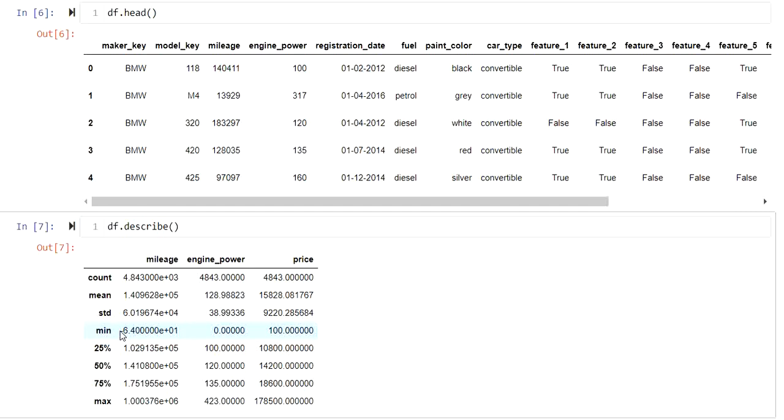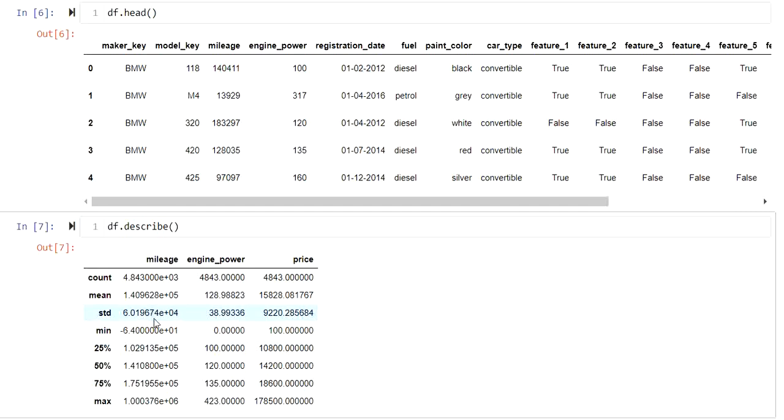Now how to correct it, or whether you have to drop it, depends on the frequency of records having this issue. If there is a single record with a negative value, you can flatly drop that record. But if there are multiple records with this error, then there could be some human error, or some major data migration error, and if you go ahead and drop all of them, you might end up with data loss. So you have to think about it. So there is one data issue in the mileage column that we saw.